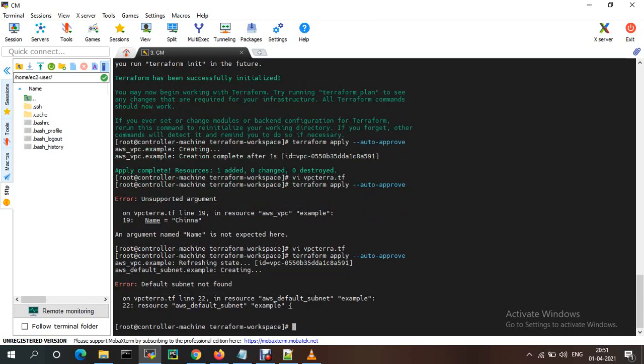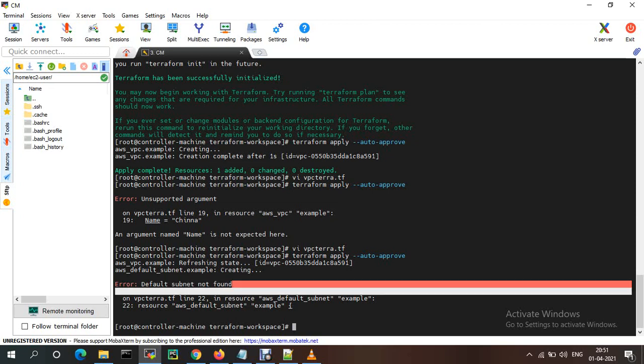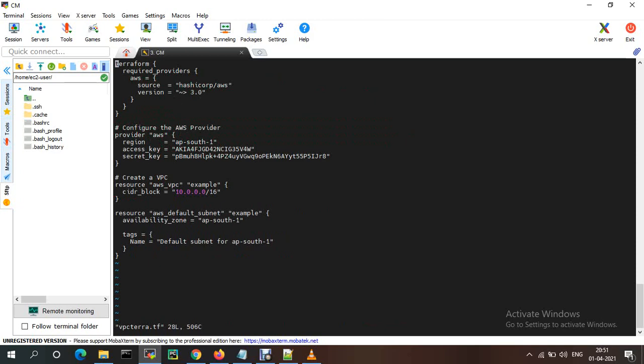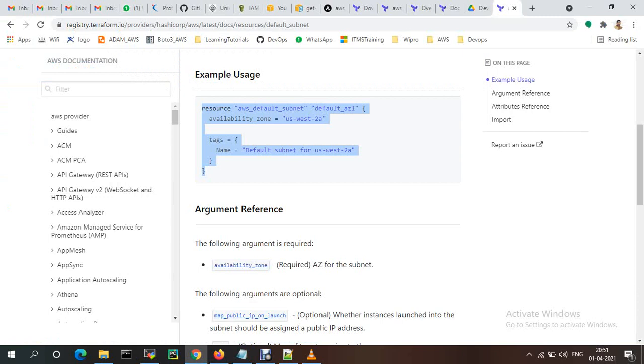The default subnet is not found. Okay, let me give the same one, instead of example, whatever is there.